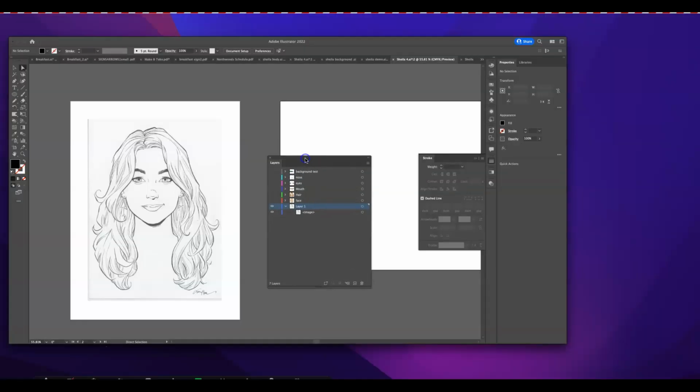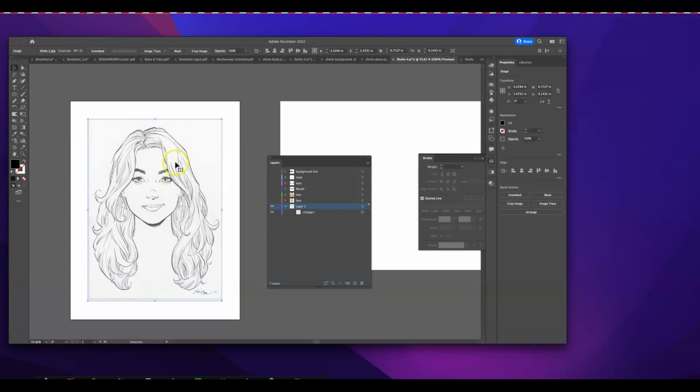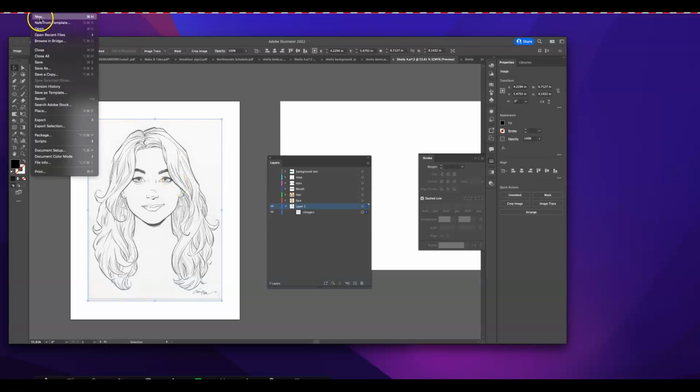Okay, so I'll cut out that first part. All right, so here's some of my layers, and there's a whole bunch of stuff that's already in here. But what I want to do is I just want to create a separate file to begin with. So I'm going to go ahead and grab my selection tool and grab this entire piece, right? And I'm going to copy it, Command C, and I'm going to go to File, New,